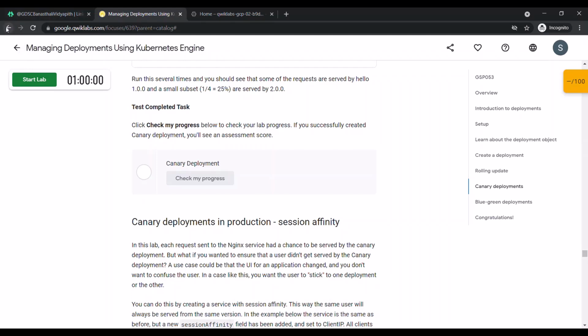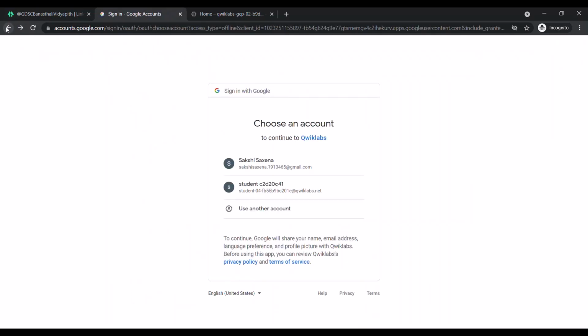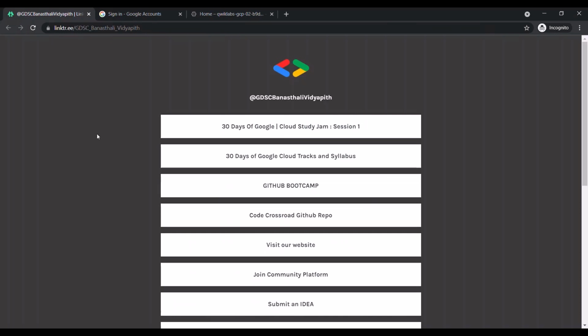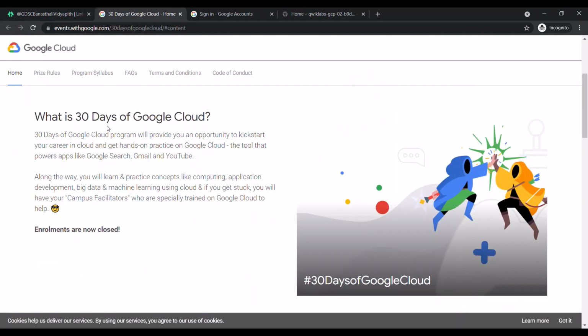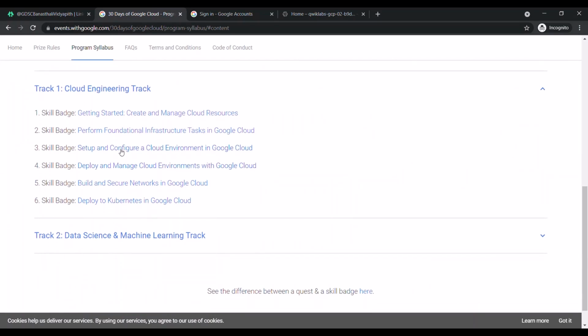So when we go back to the program syllabus, you can check whether you have completed the lab or not by going back to the tasks.